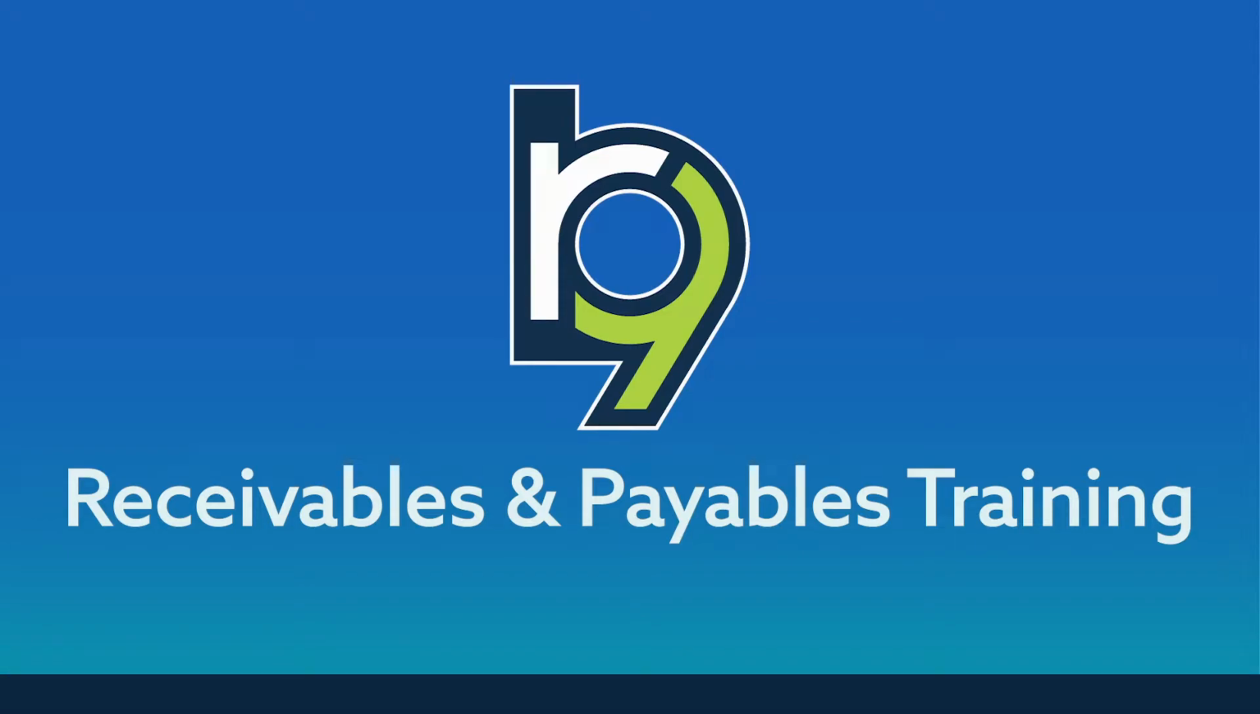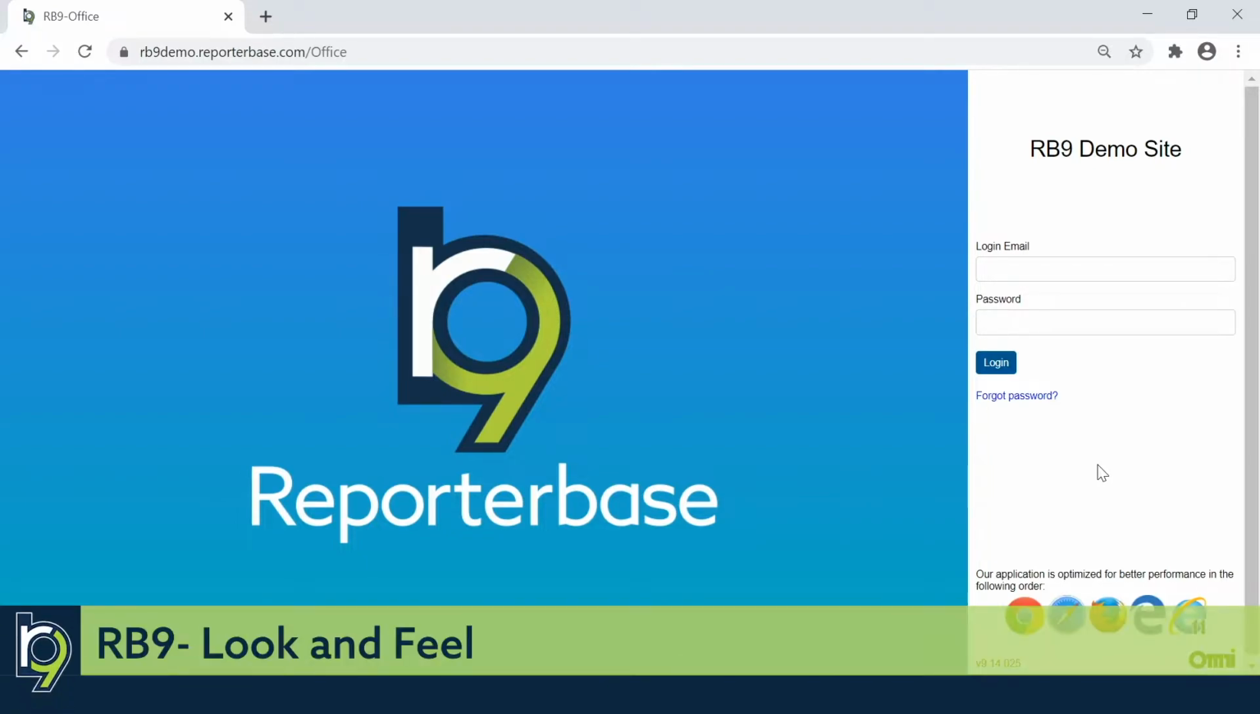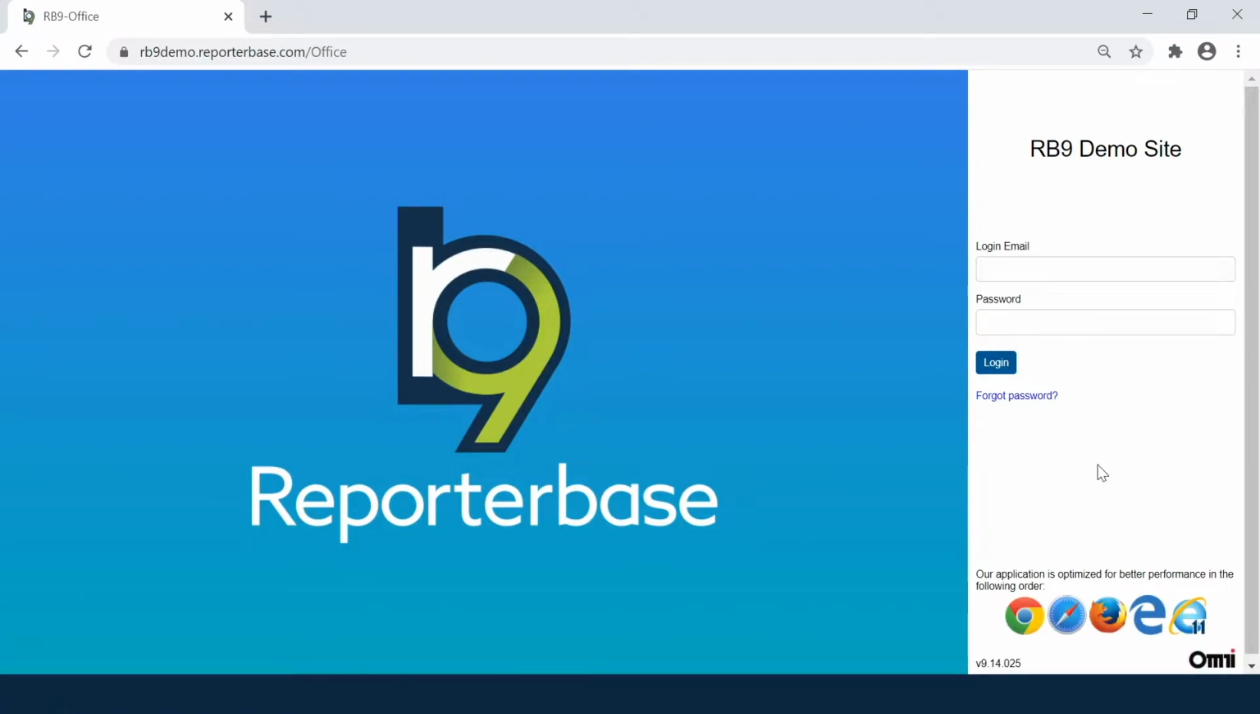Welcome to the Receivables and Payables training for RB9. Before we get started and actually start looking at the receivables and payables differences in workflow, I thought we'd spend about 10 minutes here and just get you acclimated to RB9, to show you the visual differences between RB8 and RB9, navigation differences, and how the functions actually open and things like that, how you look at data